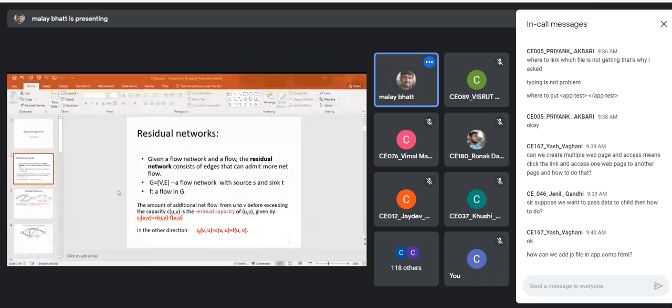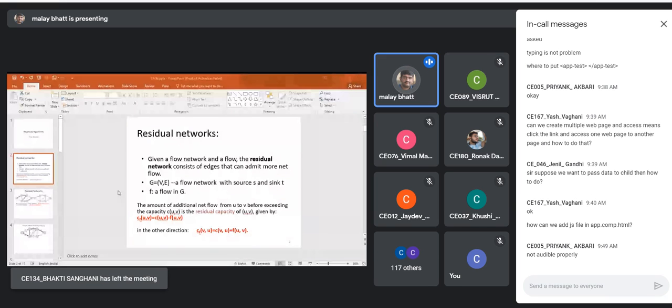Similarly, consider the other direction: the residual capacity in the reverse direction is the flow value V, U. So this is a very important point: the residual capacity in the reverse direction is the capacity in the reverse direction plus the flow value, because whatever flow you generate goes in the reverse direction. Clear?